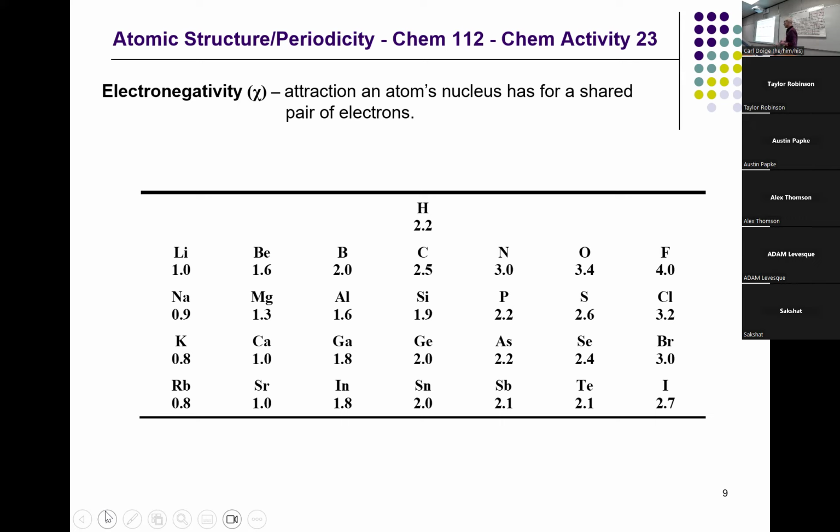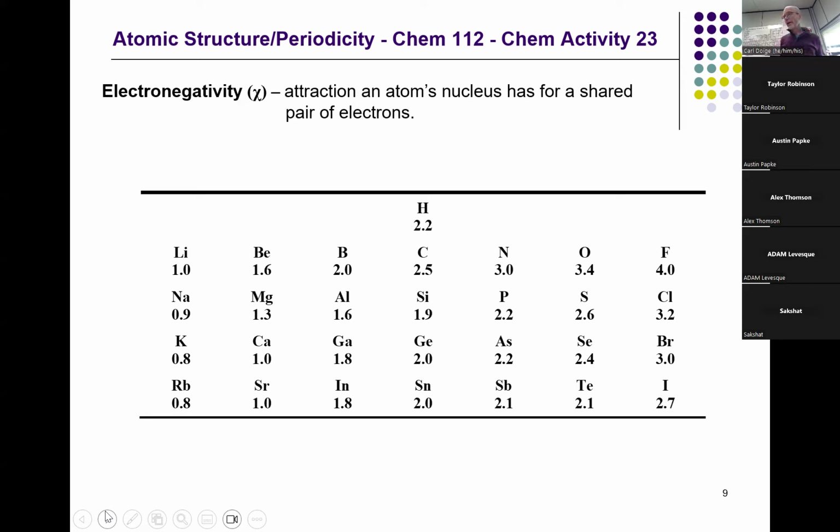Metals usually are not involved in covalent bonding. So there's a bit of mental gymnastics to put those numbers together for metals. And we typically apply the electronegativity values more to elements that are involved in covalent bonding. So that would be these non-metals. I hope it's pretty obvious to you what the trend is, increasing across the periodic table.